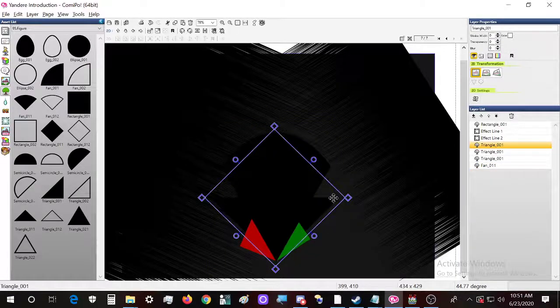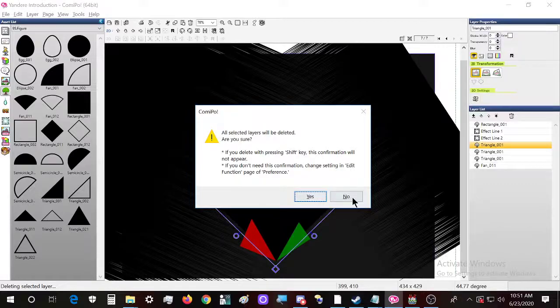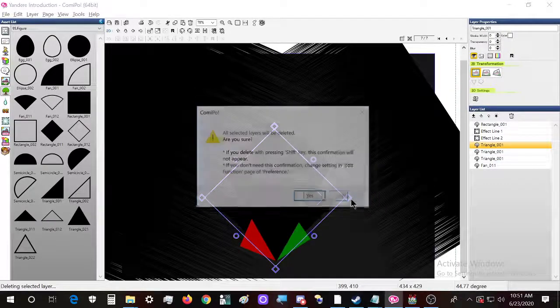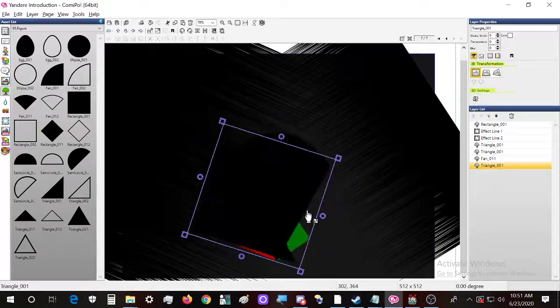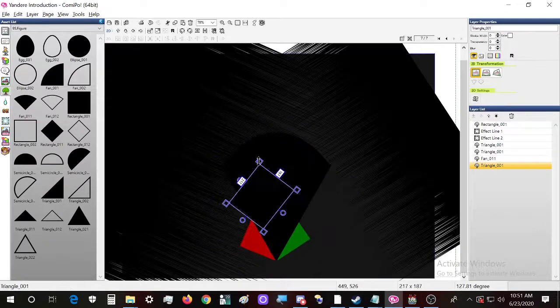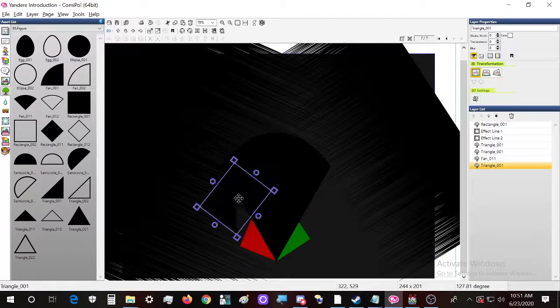The triangle behind kind of no longer serves me for some reason. Okay, and I can get a triangle in here that will simply unite.